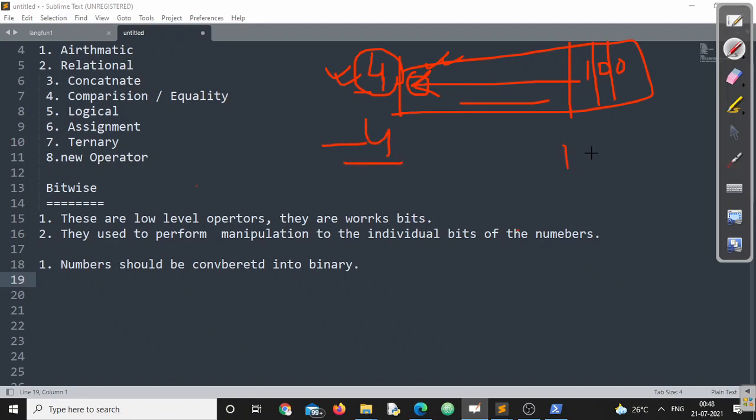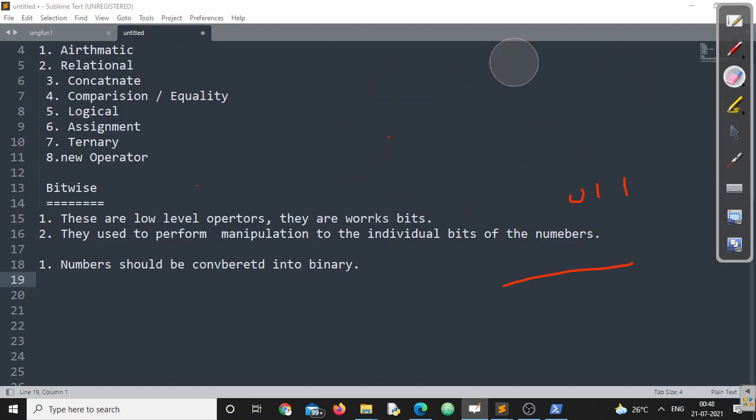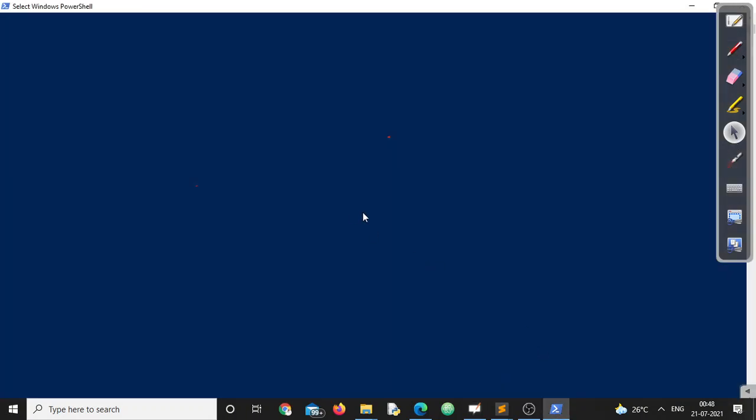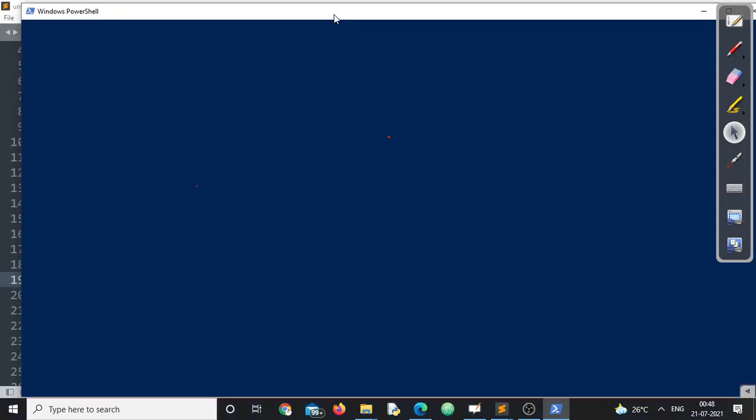What is the 2's complement form of 4? We need to first find the 1's complement, and you know how to find the 1's complement. Then we need to add 1 to it. Then the final result will tell us how this number will be stored, right? And if you want to check with a Java program example, we can also do that. Let us check how these numbers are stored in memory. Then we can go for bitwise operators, because in order to understand bitwise operators, make sure you understand all these points. Let us go for a program.